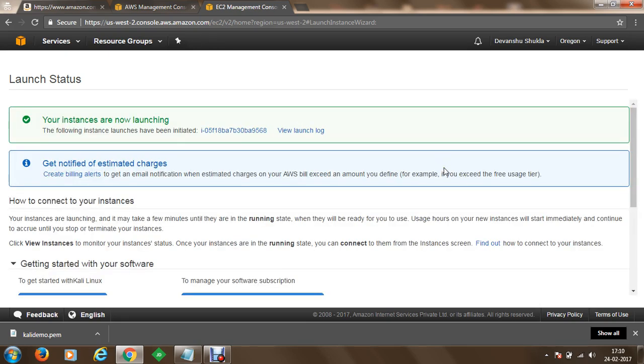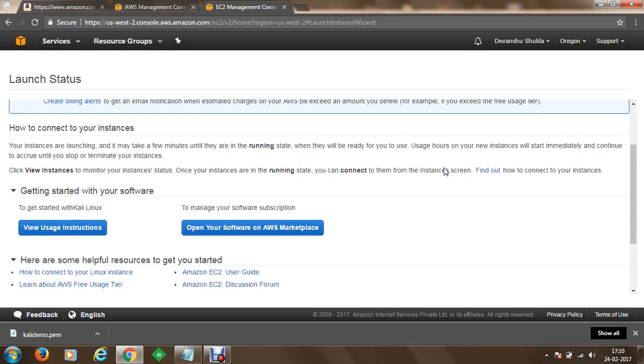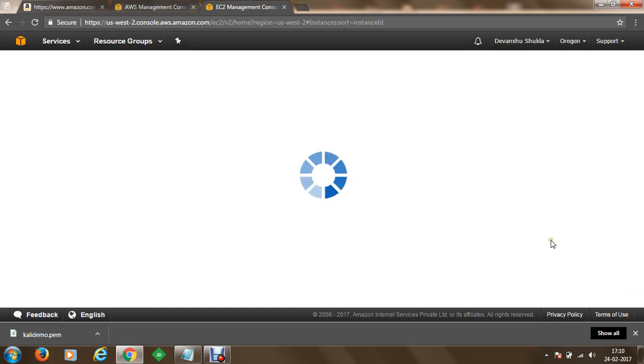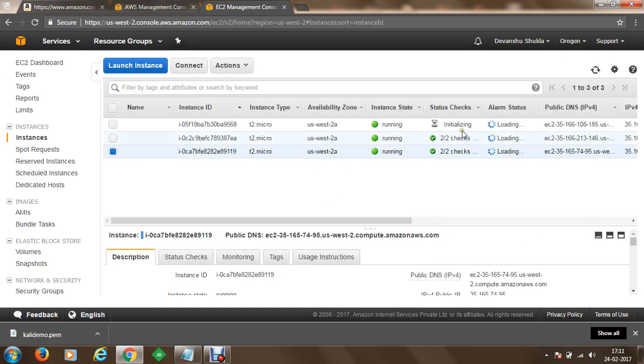Once you receive this launch status window, you can proceed to the bottom and you can click on view instances. Once we proceed to the section, we will have a list of all the instances created and running.